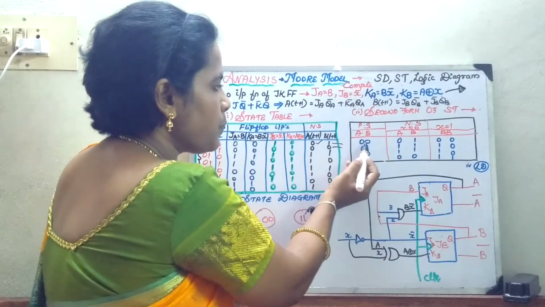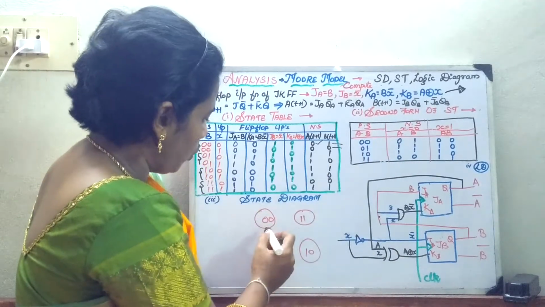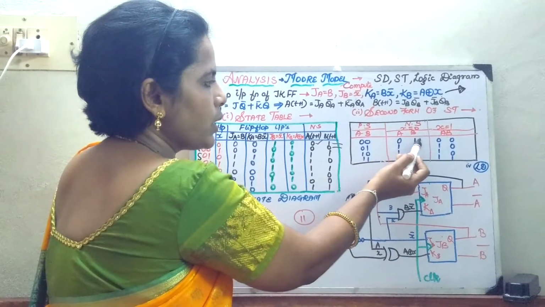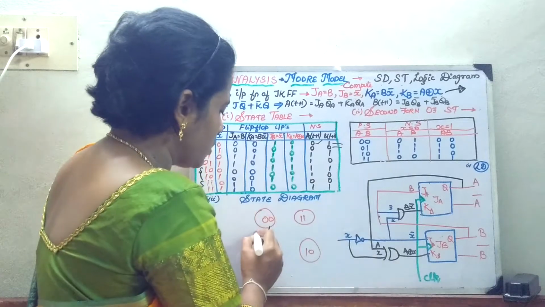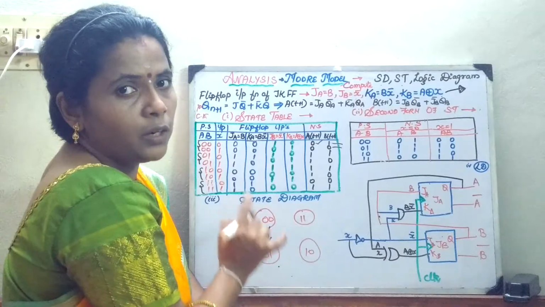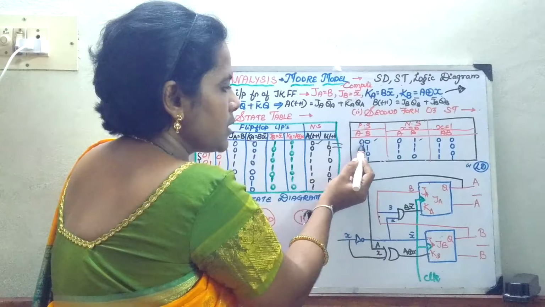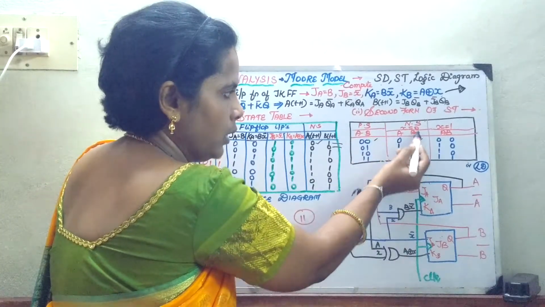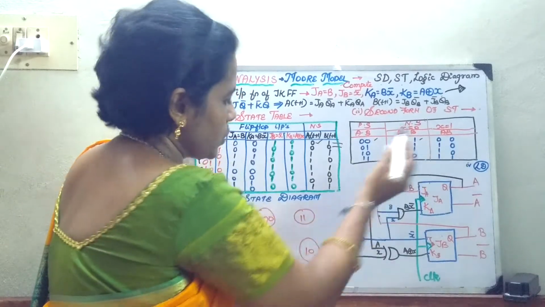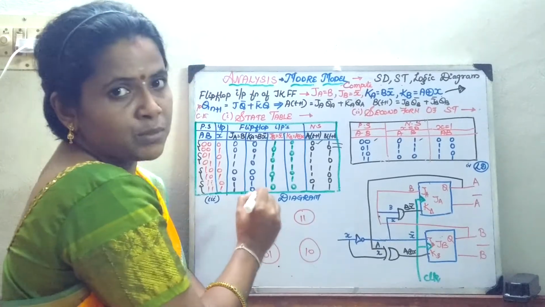Okay, now this present state moves to the next state. The 0 0 state goes to the 0 1 state, where what is the input at the time? Input is 0. Usually what you will write is input bar output, but in the case of your Moore model, only input is there. Okay, so now this part is over. When present state is 0 0, it goes to 0 1 at x equal to 0. When x is equal to 1, it goes to 0 0, the same state itself.